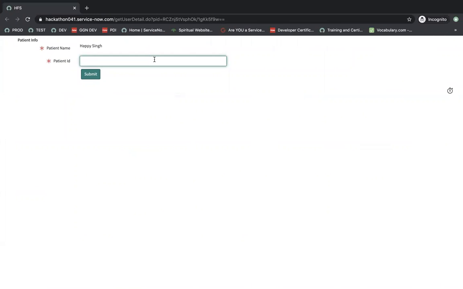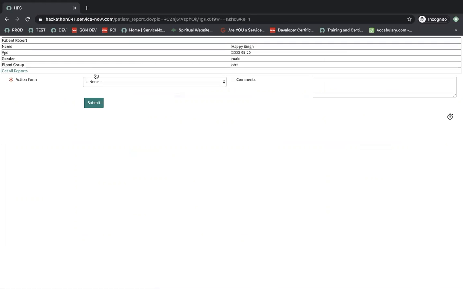So this outside doctor is entering into ServiceNow from outside without even logging into ServiceNow. They'll just enter the patient ID and hit submit. Then they'll be able to view all the details about the patient, whatever details the hospital wanted to share. And as soon as the doctor hits accept and submit, it will trigger a notification and a condition for all the automated workflows for hospital staff to prepare a discharge summary, prepare an ambulance transition, prepare asset allocation, deallocation, something like that.